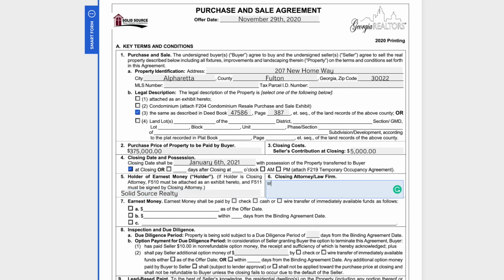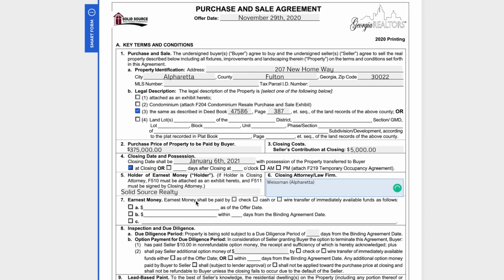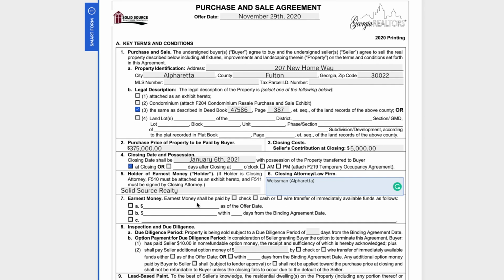Closing attorney is going to be Weissman, and it's going to be the Alpharetta office, so I'm going to go ahead and just specify Alpharetta. And the earnest money, the buyer is going to be remitting earnest money online at solidsourcem.com. Now this is not a check, it's definitely not cash, and it's not a wire, but it is an ACH transfer. So what I'm going to do in that case,